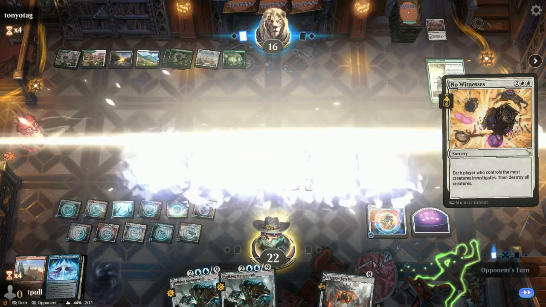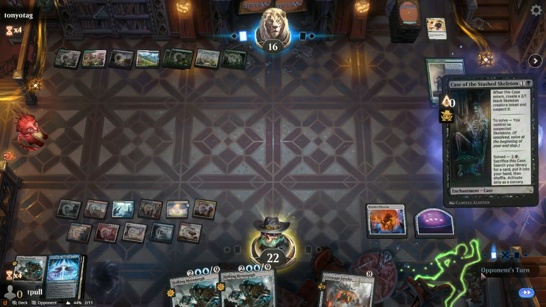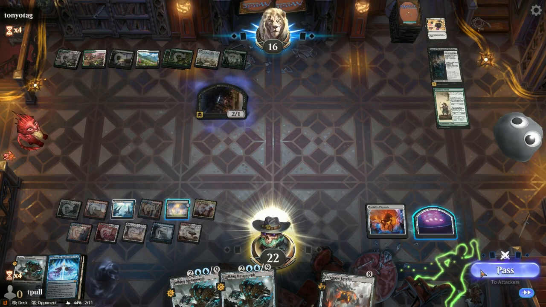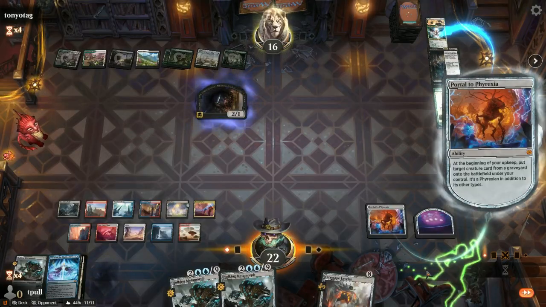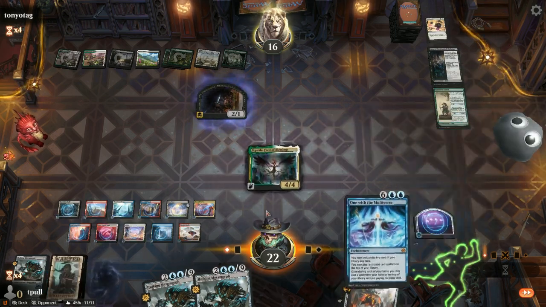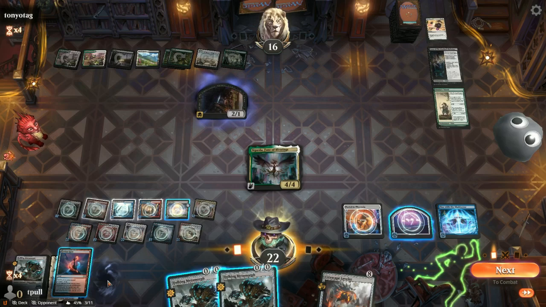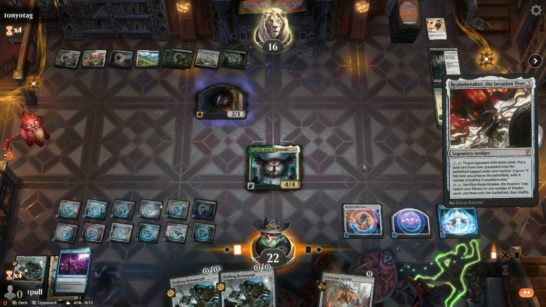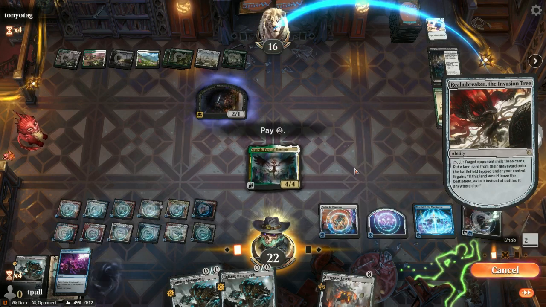Look, it's a board wipe. I just don't care. Let's do Sigarda again. We play one with the Multiverse. This lets us cast lands off the top. Also lets us cast spells off the top. And this is one thing I didn't mention, which is kind of why I'm still playing with my food, so to speak. When you mill this out...